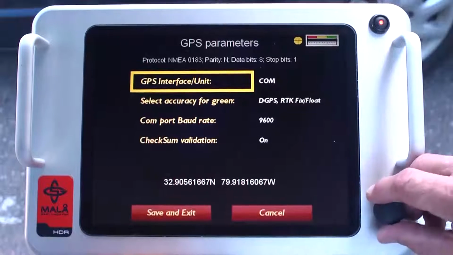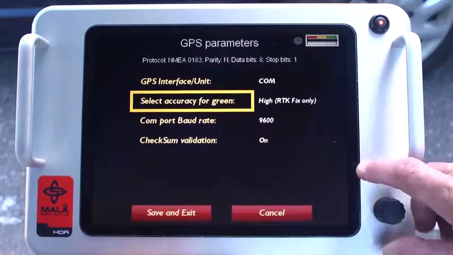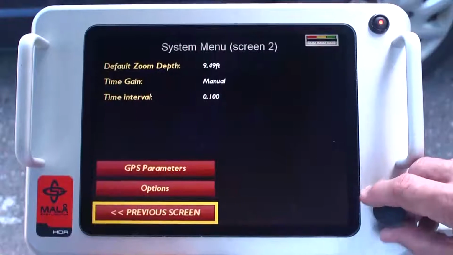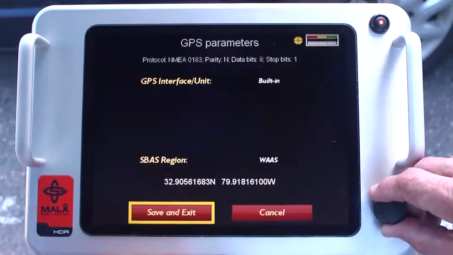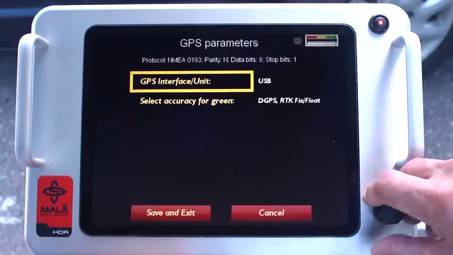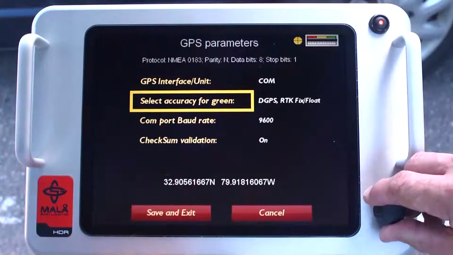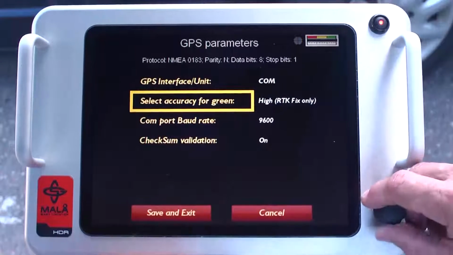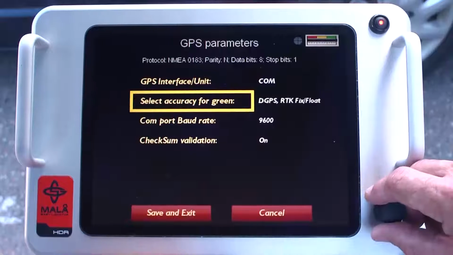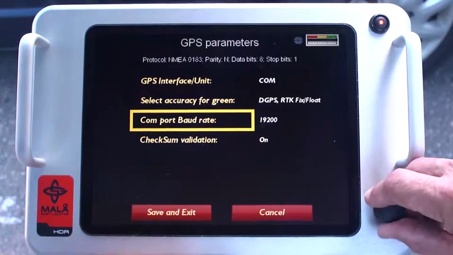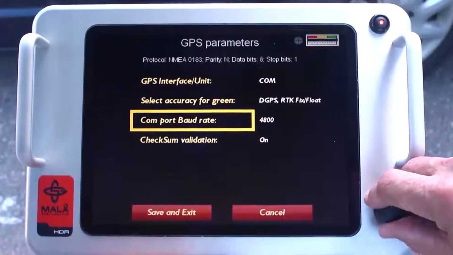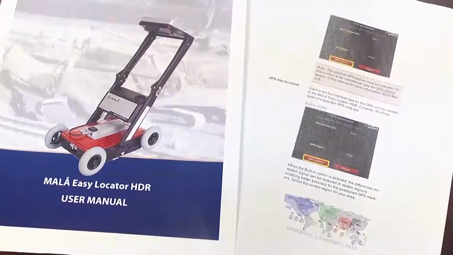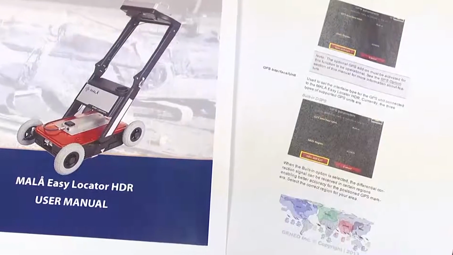Then select System Parameters. Then select Next Screen. And finally, GPS parameters. Select by toggling between built-in, USB, or COM. If COM or USB is selected for an external GPS receiver, default settings are normally adequate. For additional instructions on connecting an external GPS receiver, please refer to the Mala Easy Locator HDR manual and the